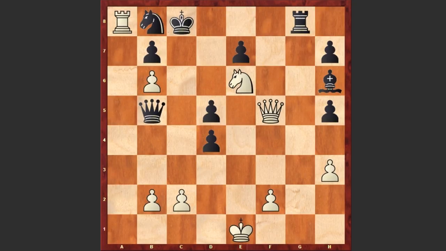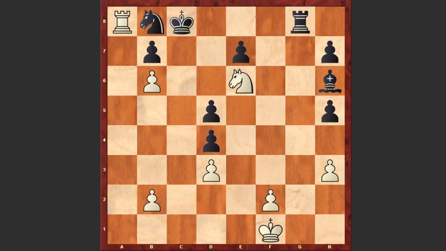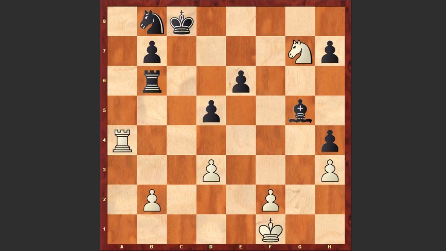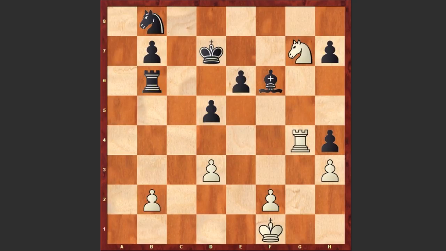Otherwise, if a move like king e1, then the white king can get checkmated. We see queen d3, queen takes d3, c takes d3, and this is an easy win for black. Let's see how MagnusOp realized his advantage. e6, knight g7, h4, rook a4, king d7, rook g4, bishop f6, knight h5, bishop d8, rook g7 check, king d6, rook takes h7,